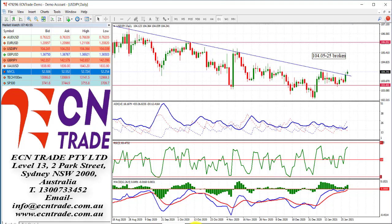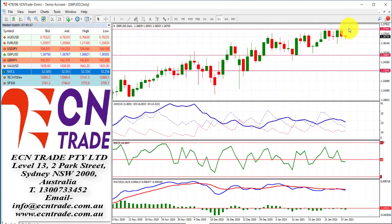the dollar strength continues. Looking at the pound, we rejected the level of 137.45 and that gives further risk to the downside if we see a break of 135 as a potential target. Still a bit of work to do on the downside, but I believe the bears are coming back considering the